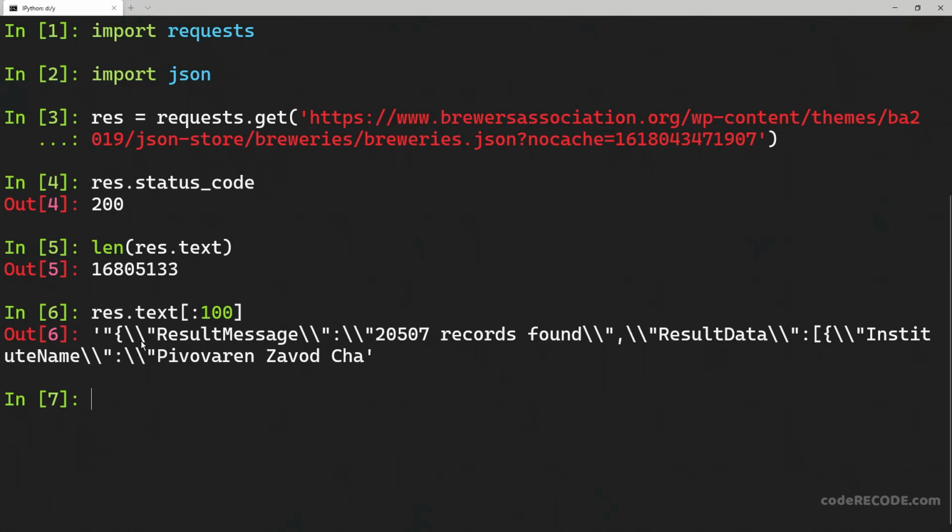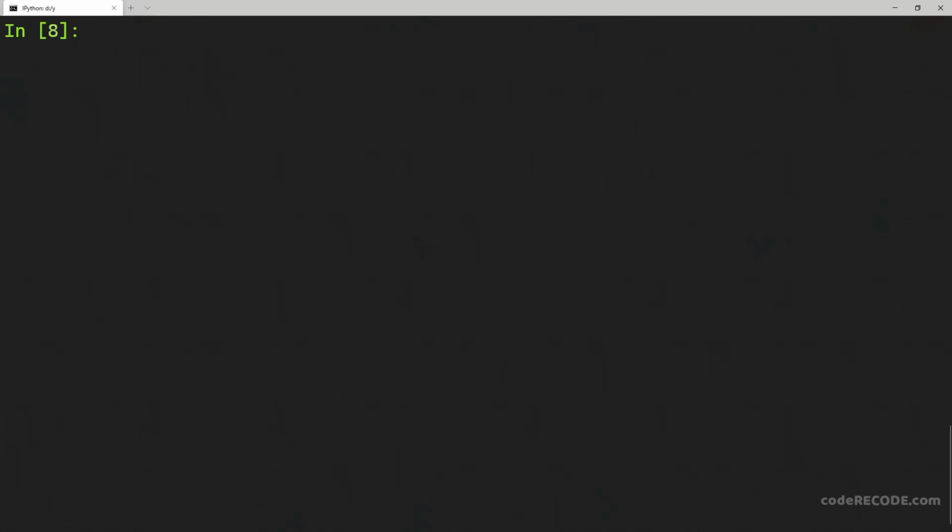The only thing is we need to get rid of these backslashes and this quotation mark here, and convert it into a proper Python dictionary. So we are going to call response.json. If I just execute this method, immediately it will fill up my screen.